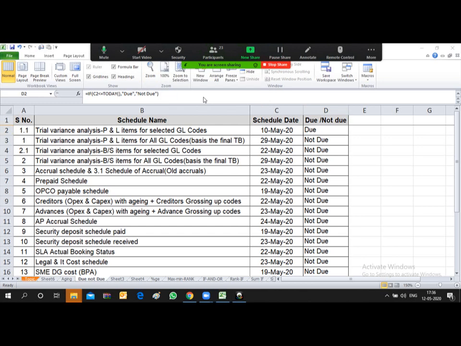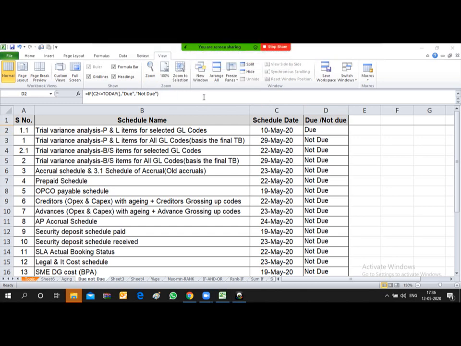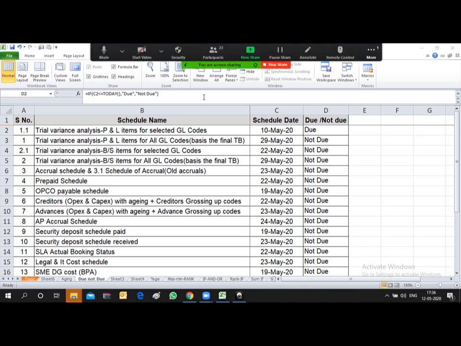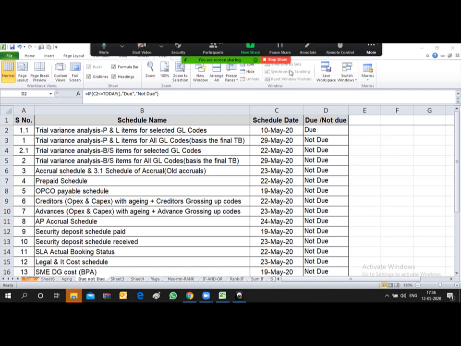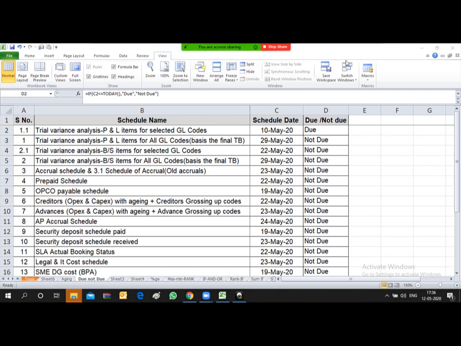So let's move on to our new topic. There are so many formulas remaining, but today we are not covering the formula part. We want you to practice with the IF, AND, OR and whatever other logics we have covered till yesterday and today. Then we will cover the formula part the day after tomorrow.